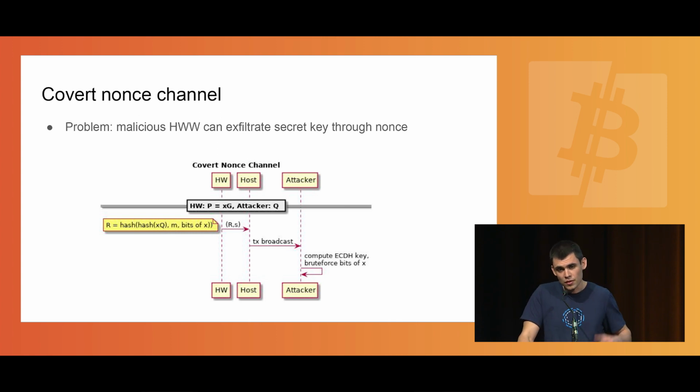using the nonce. So the general idea of how this works is that both the hardware wallet and the attacker generate the nonce in a very similar way, except for a few bits. And these bits need to be ground by the attacker, and if there's actually a match between a nonce in the blockchain and the attacker's computation, then the attacker knows a few bits of a nonce. And this is an encrypted channel, so no one else can see it.